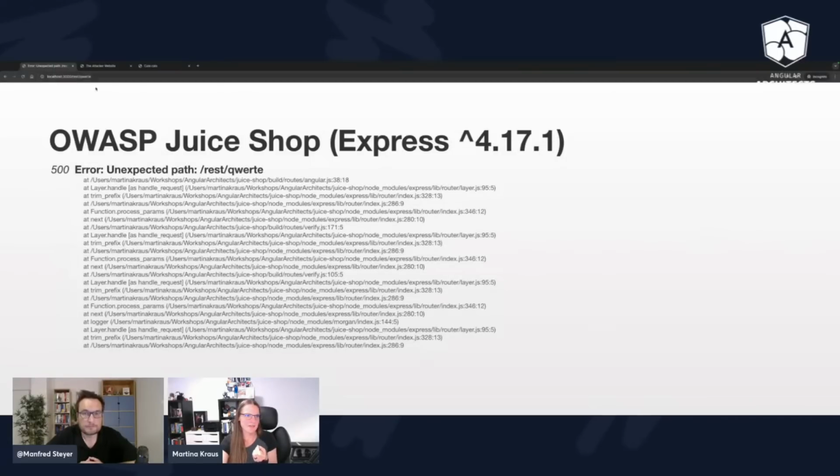We could have something like a not found component, matching all routes inside the not found component and displaying this instead, and so on and so forth. But basically, the backend never should reveal this kind of information.